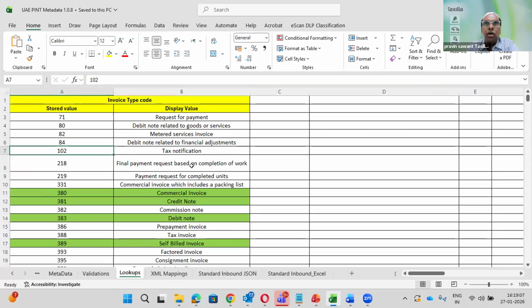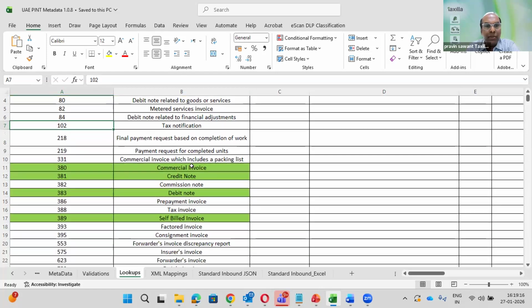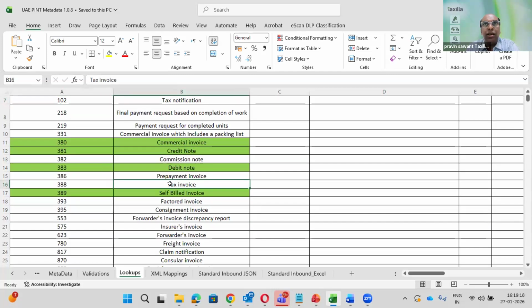Instead of that, what we are offering as a solution is that you don't do customization in your ERP system. You tell us what you are calling. For example, in SAP, when you generate a tax invoice in the SD module, you use VF01. So you tell us what you are calling in SAP, and we will map it as a 388 in our transformation or in middleware. In this way, there is less development at ERP level and we will take care of these things.